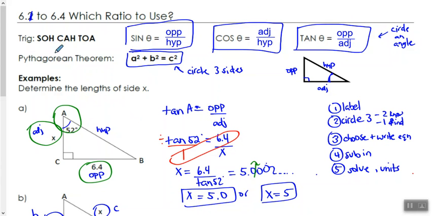And honestly, just have SOHCAHTOA written at the very top of every page, so you don't have to look back or anything. Just write it right out to make your lives a little bit easier as you're doing your work. Okay,